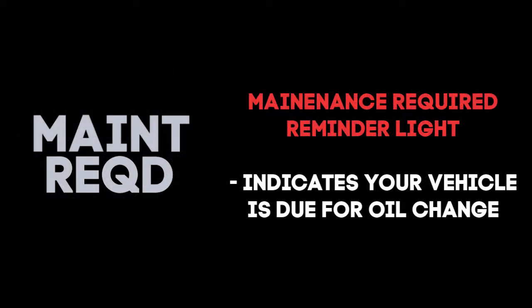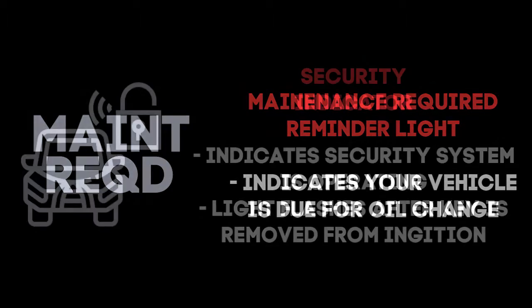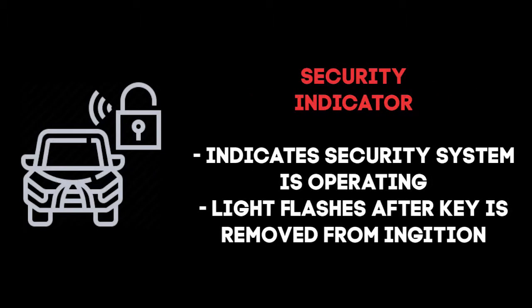This light comes on to remind you to change your oil. It comes on 5,000 miles after the last time it was reset. This indicator light flashes after the key has been removed from the engine, indicating that the system is operating properly. After the key has been inserted into the engine switch, the system has been canceled and the indicator light will